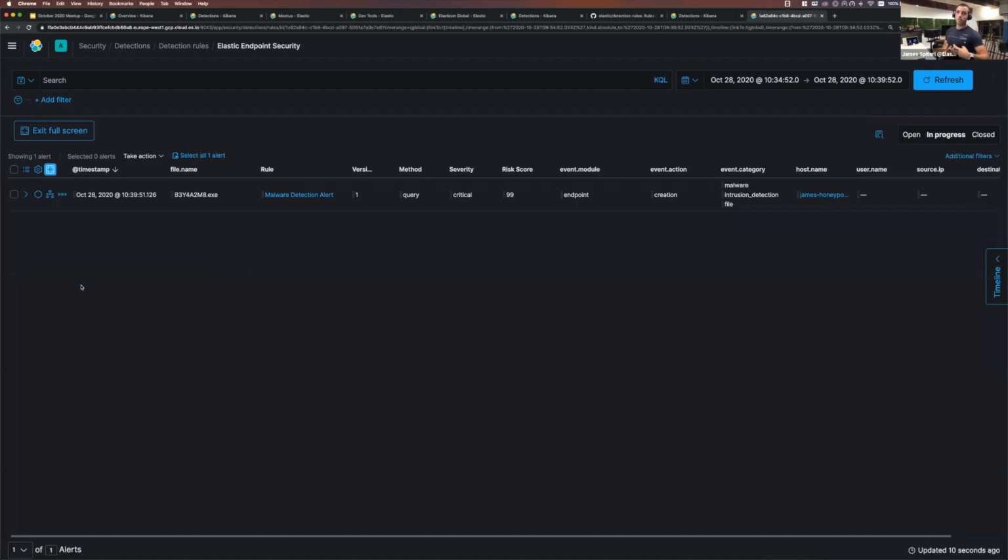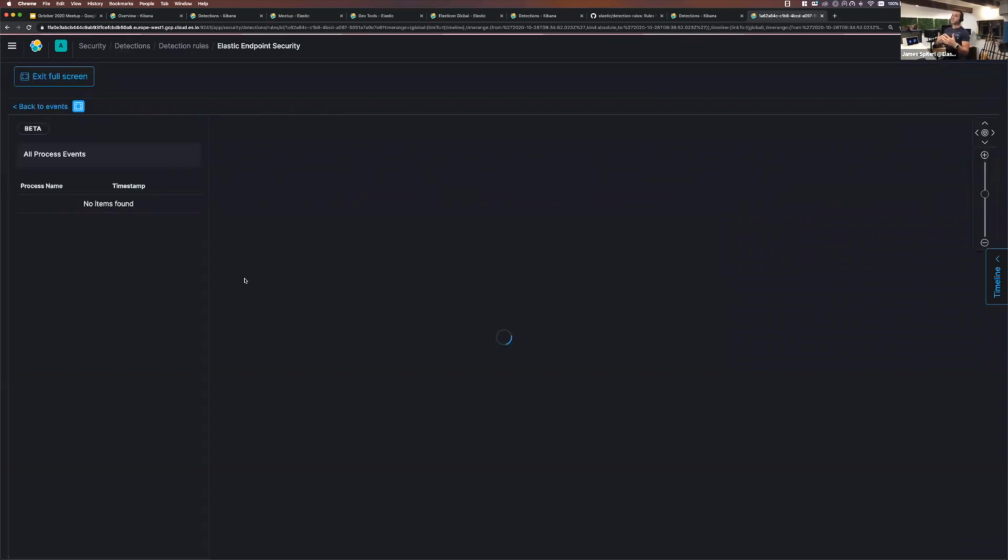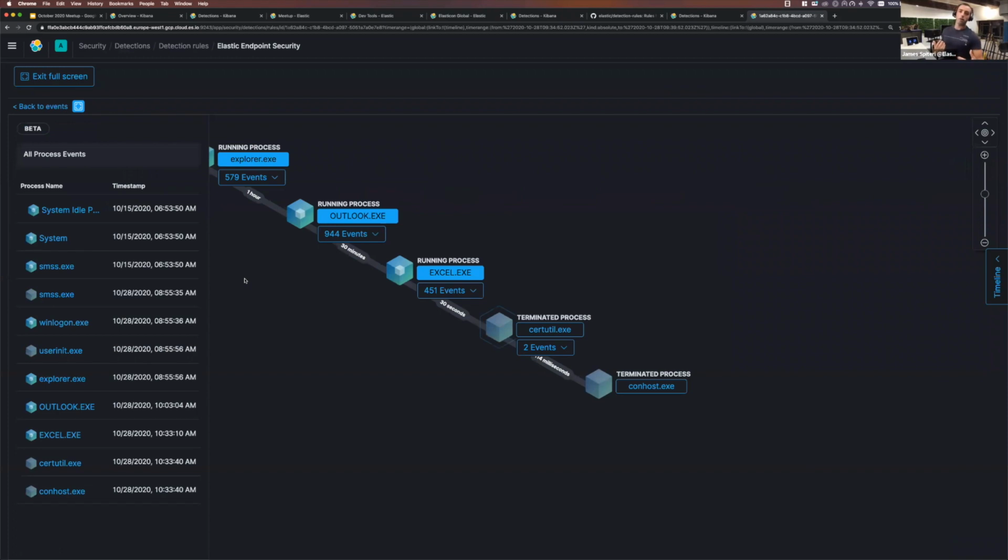we have a specific view called Event Analyzer. Now, we are going to make this view available to other data sets as well. So we started off with the endpoint data. But you can see here this hexagon icon. If I click on it, it's basically opening up what we call the Event Analyzer, which is essentially a process tree view surrounding that bit of data. So we have the full basically process lineage around the process ID.